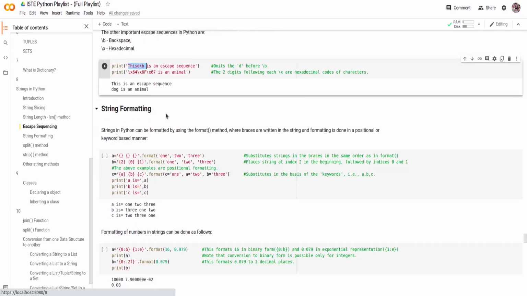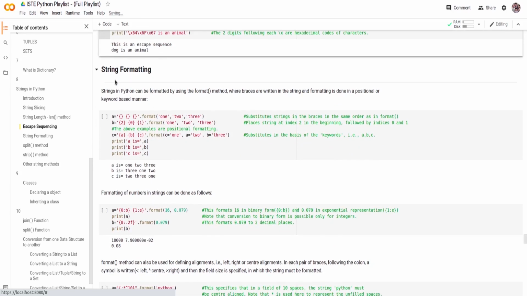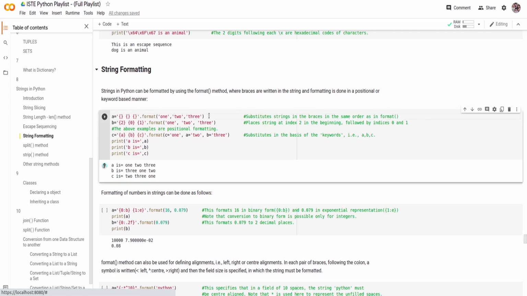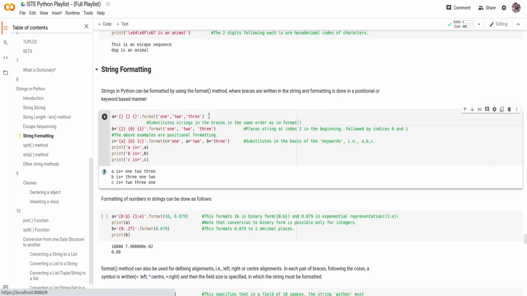Now let's go over string formatting. String formatting in Python can be done using the format method. What is string formatting used for? Let's say I want to print out D as Ram is a good friend of Mahesh. But to do this, I don't have the names Ram and Mahesh right now. I'll take any two names from the user and I have to enter them in place of Ram and Mahesh. So how would I do that?